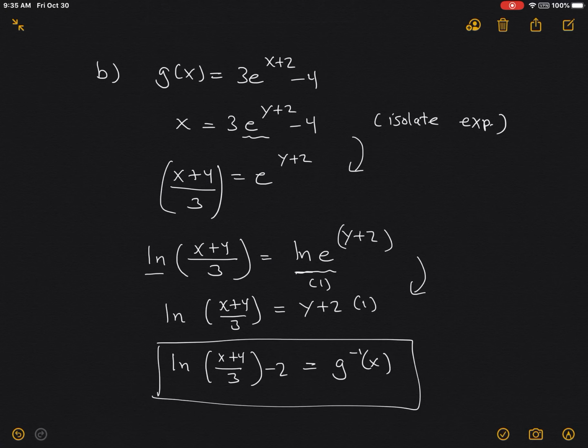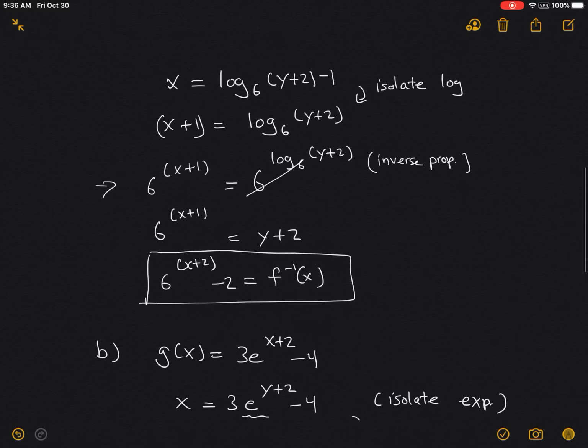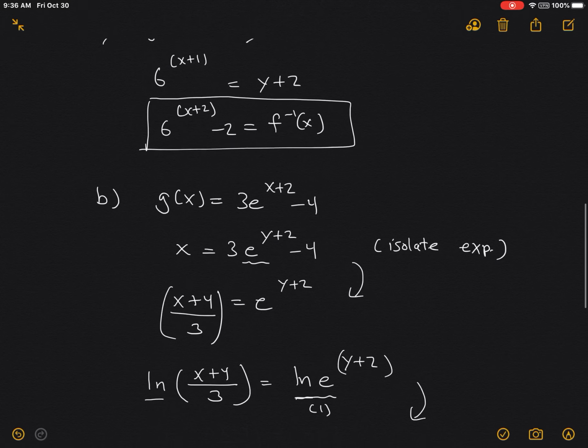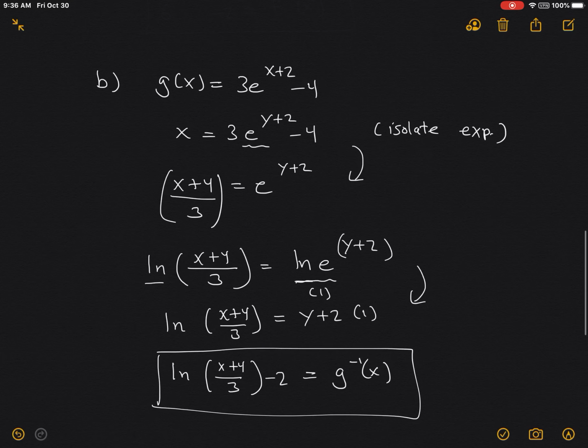Okay, so that's how you find the inverse. You switch the y and the x. You want to isolate either your exponential or your log, and you use your inverse property. Whether you take the log of both sides, if it's in exponential form, or you exponentiate both sides, such as on this line by base 6, if it's in log form. And pretty much the process is the same as finding an inverse the way I taught you in chapter 1. Switch y and x and get y by itself. Just be careful, do not